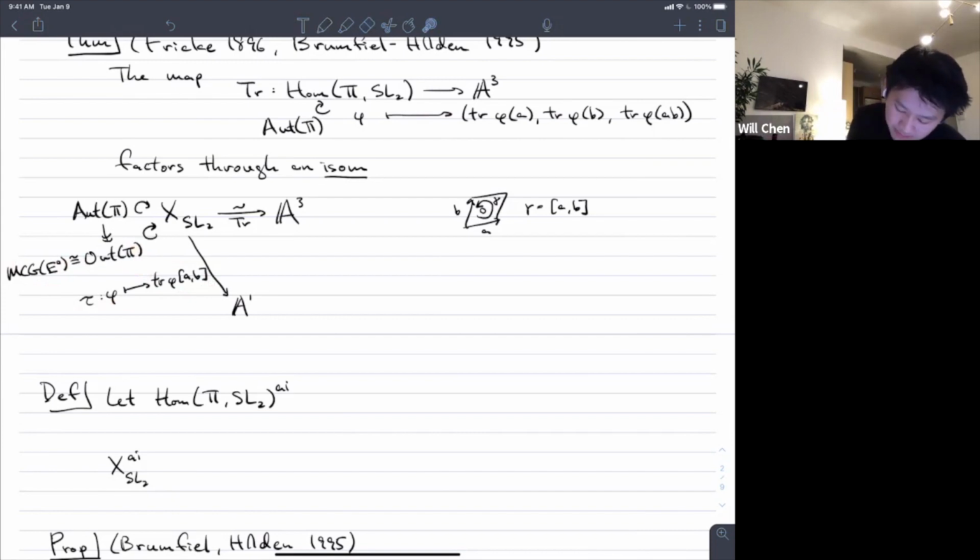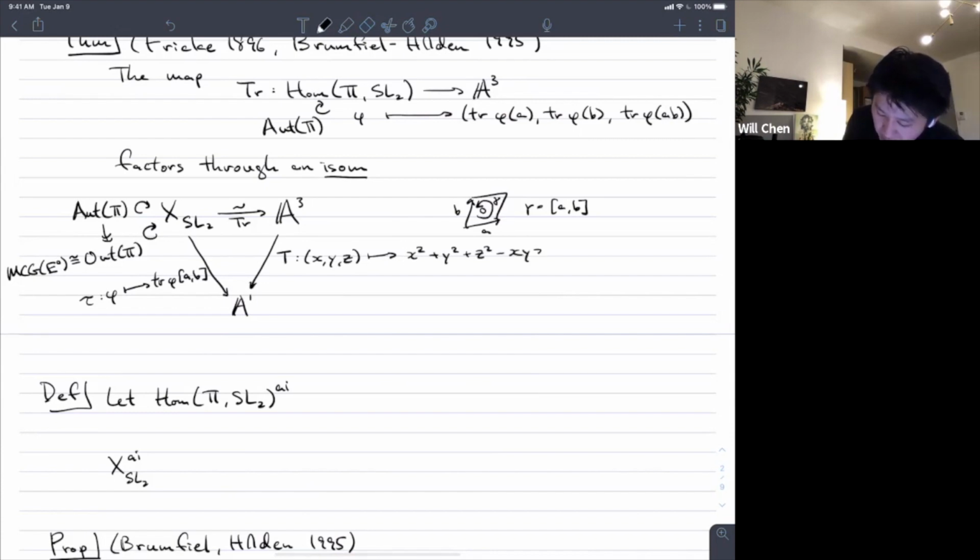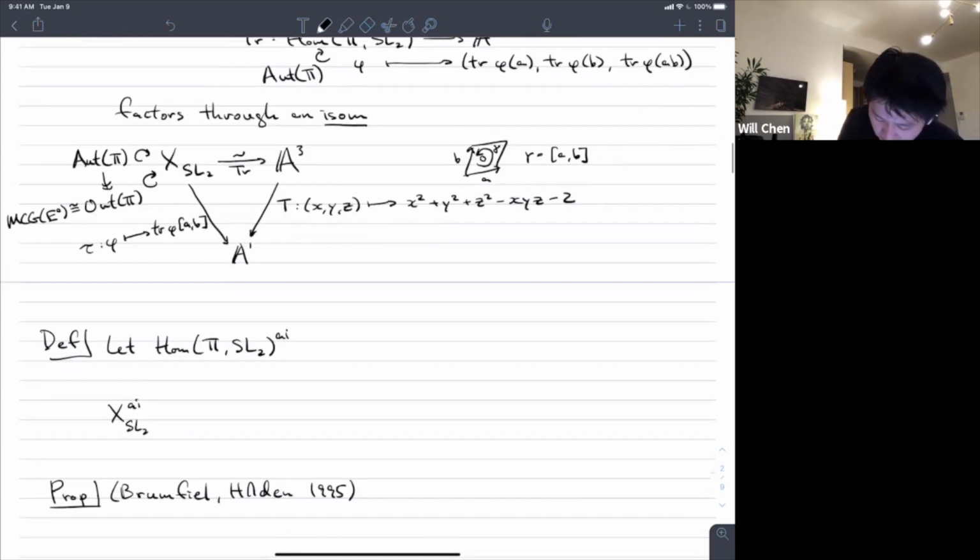So you can take this map, and via this isomorphism with affine 3-space, you can just transport this map, and you can compute what it is on these trace coordinates. And it turns out that this map transported to affine 3-space is given by (x, y, z) maps to x squared plus y squared plus z squared minus xyz minus 2. Okay, so now you can see the Markov surface appearing. So right, what this means is that the Markov surface